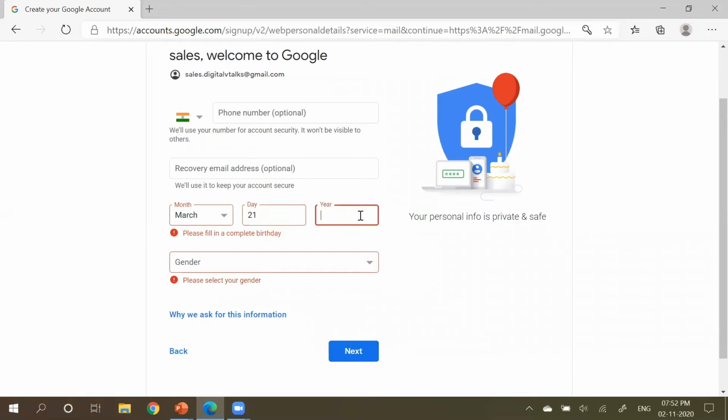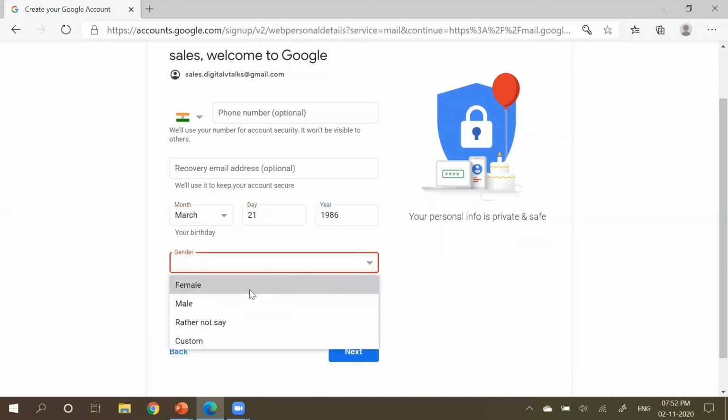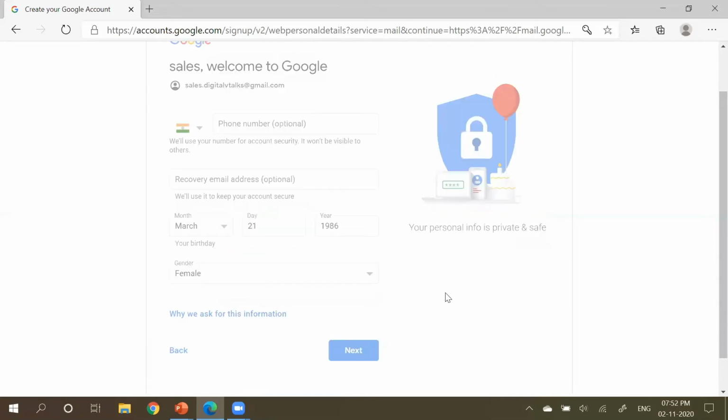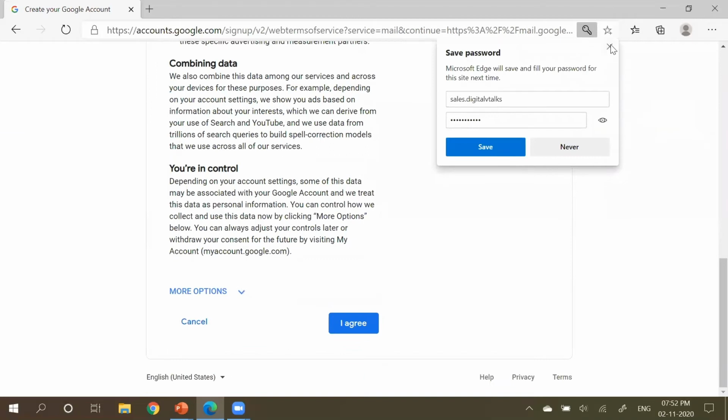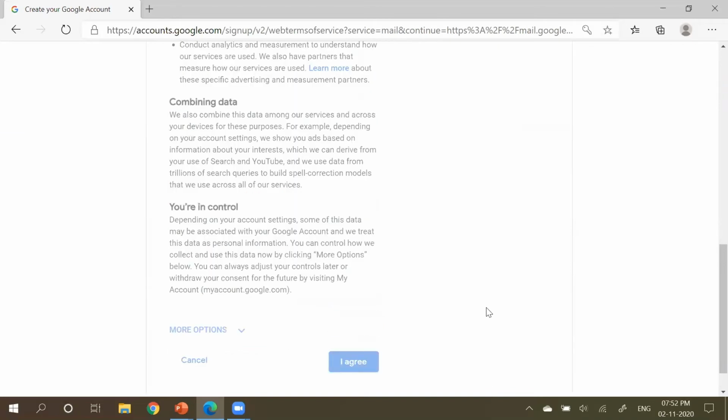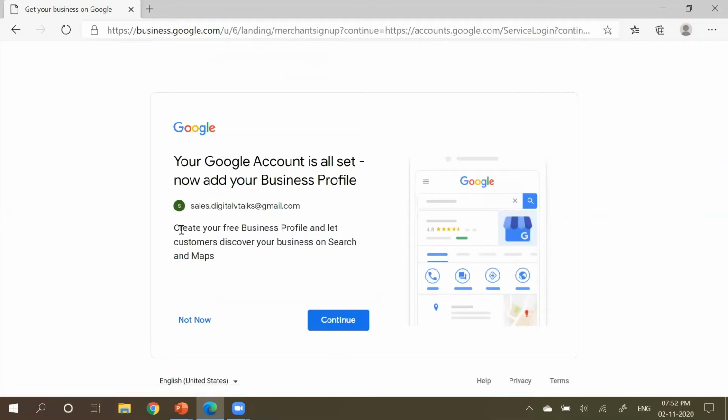Just putting dummy values. Next, privacy is something we want to agree on. Okay, and your account has been created.